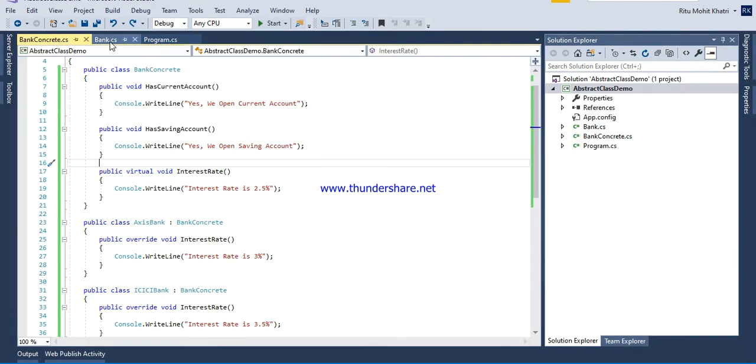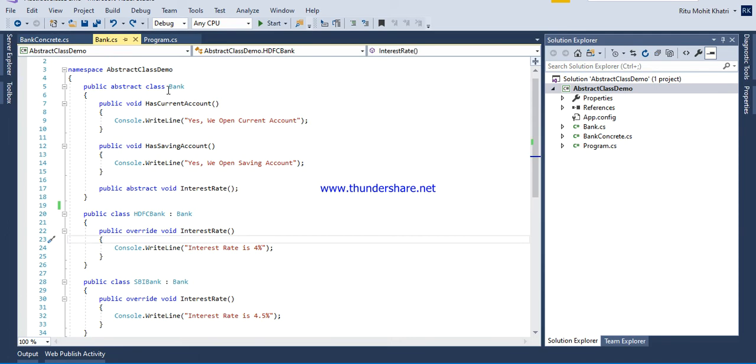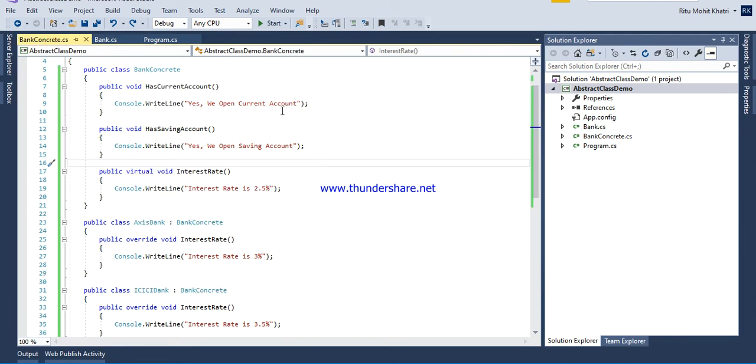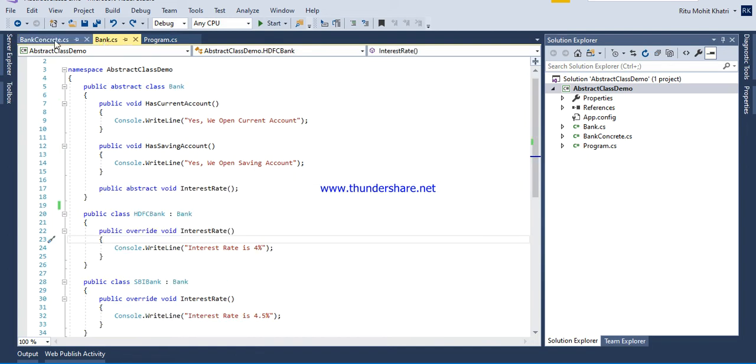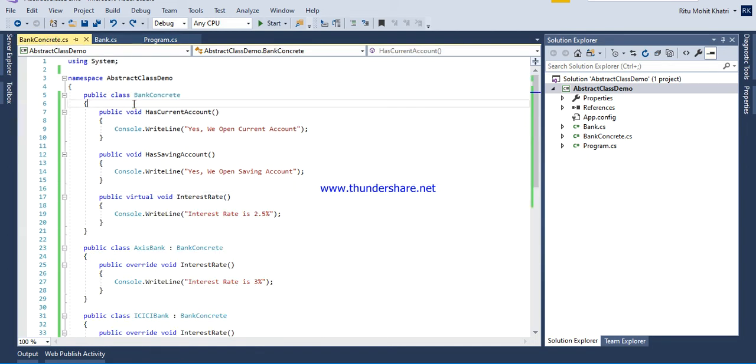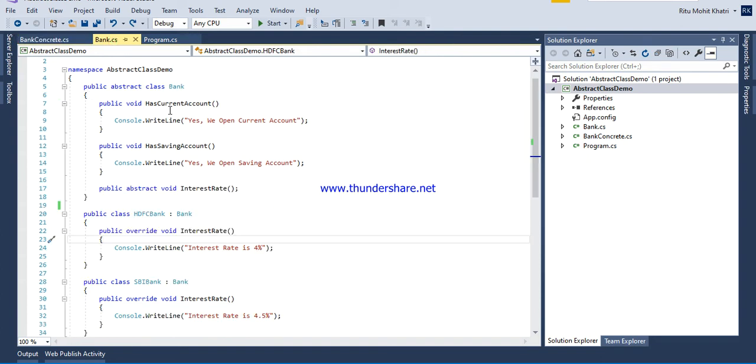So here we already have in our example one abstract class and one concrete class. Concrete class means where we don't have the abstract keyword. That is our normal class where we don't have any keyword as such. That is our concrete class and this is our abstract class.